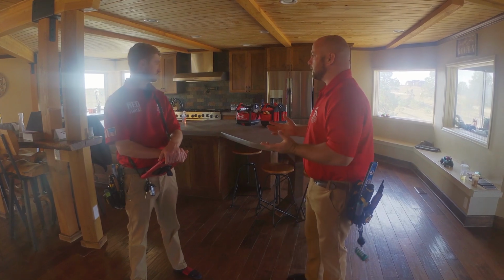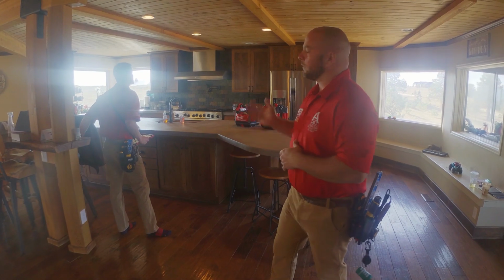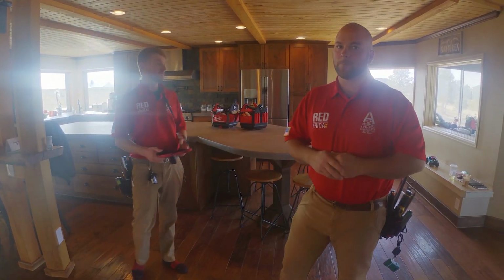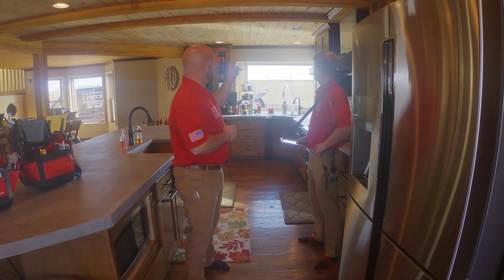So first thing we want to do is turn on all the lights. We want to inspect and check all of the lights anyway, but we also want to work in a well-lit area. So we'll get all the lights turned on first. Alright, so we do have one light fixture that's not lit, so we'll report on that and point that out